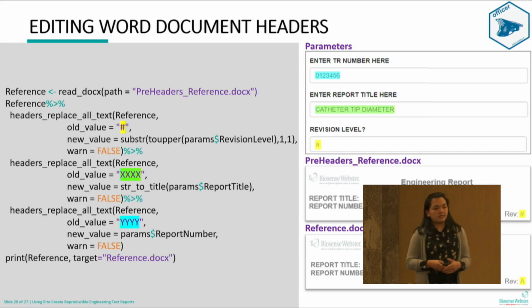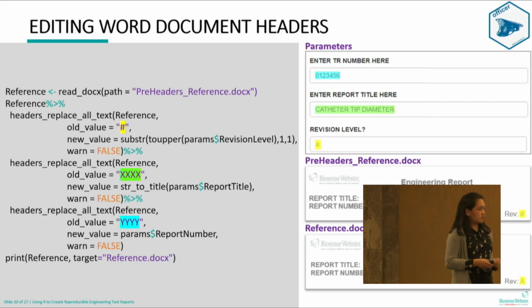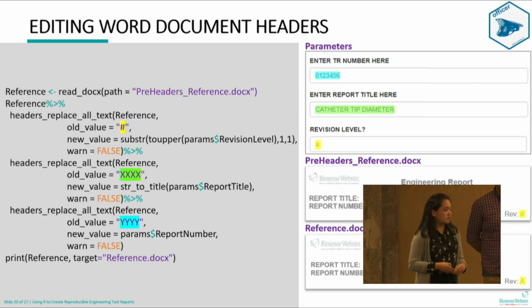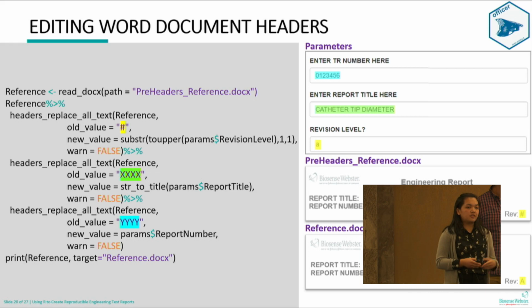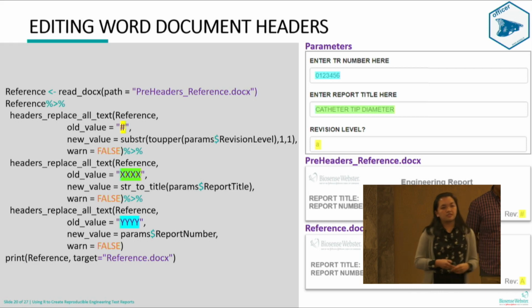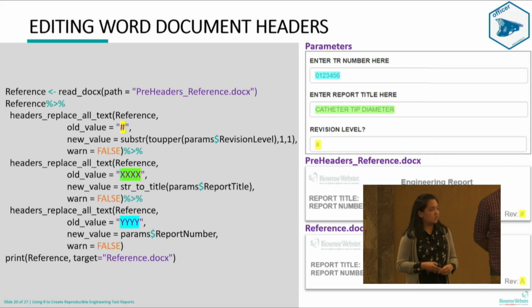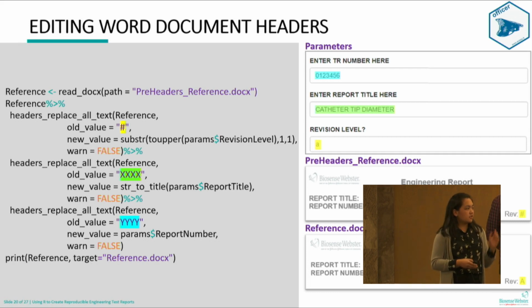What we did is we have a reference document wherein we have keywords. As you can see, the second photo has quadruple X. So we wanted to edit the quadruple X with the user input. The package officer is really helpful for this, specifically the headers replace all text function. What it does is it looks for the keyword, and this keyword is replaced by the input, which, for example,